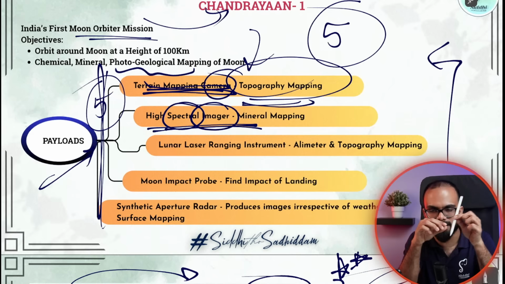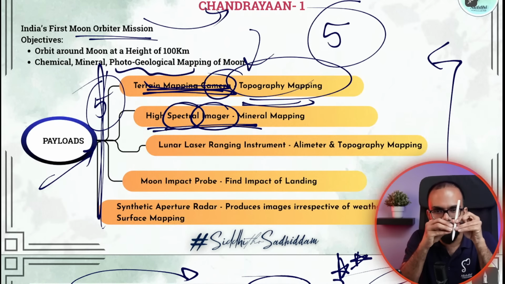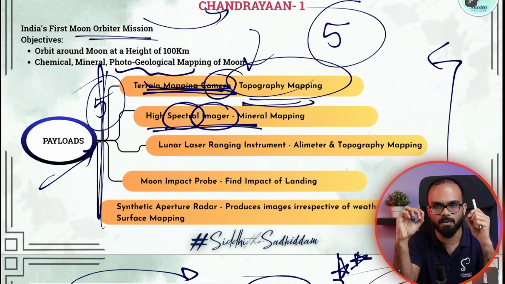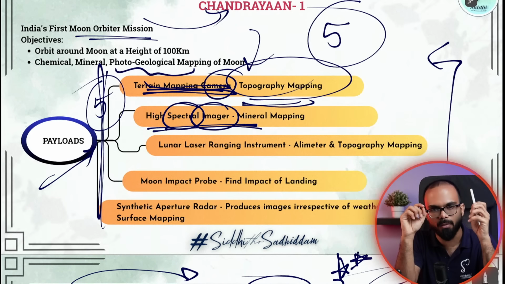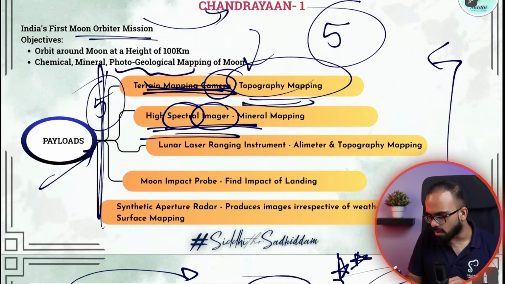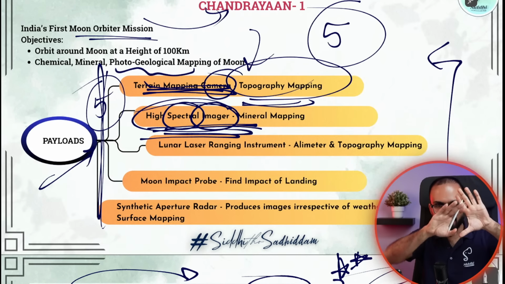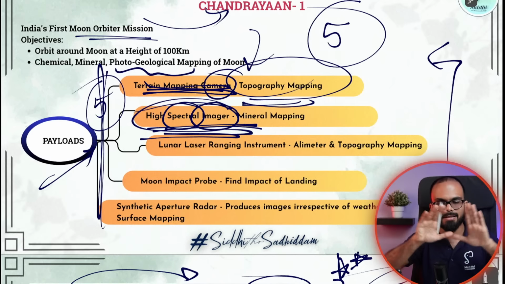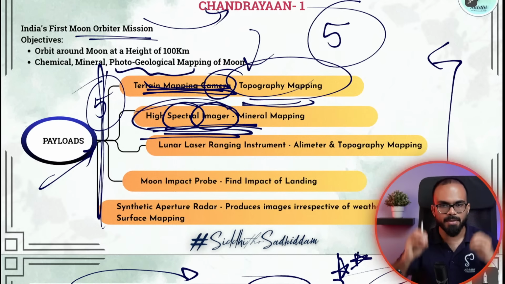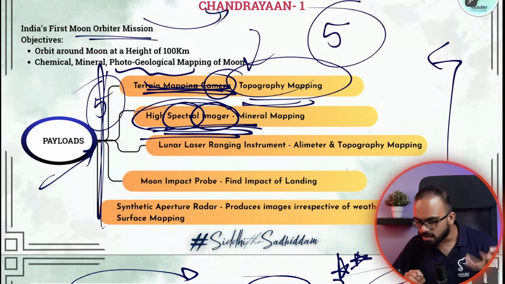Is this made of plastic? For example, what is the amount of carbon in it? Is there hydrogen? Is there nitrogen? Through spectroscopy, I can tell you the composition. So the other payload that is there is known as a high spectral imager. It will do a spectral scan. It will scan the surface of the moon, and it will help us understand what kind of minerals are there.